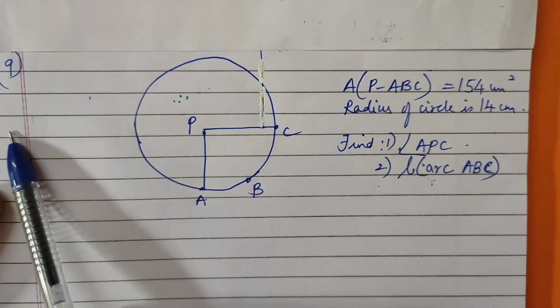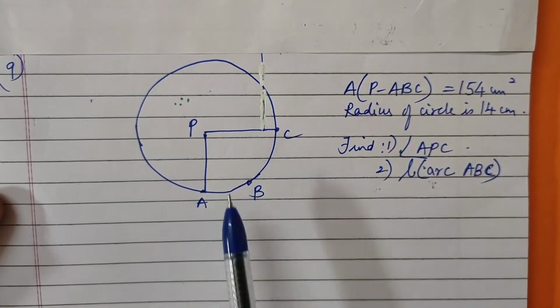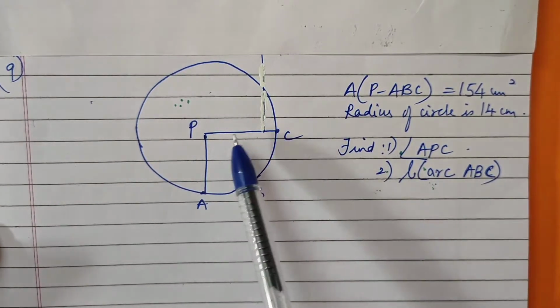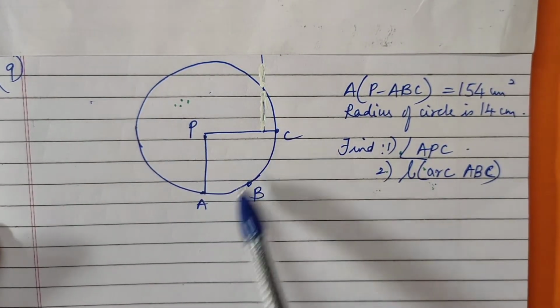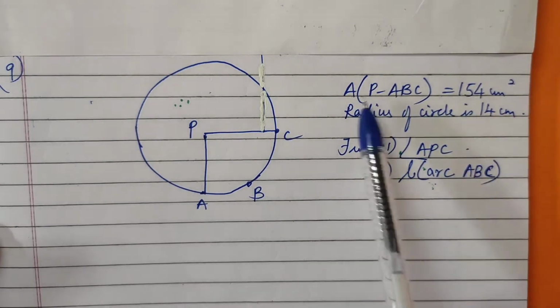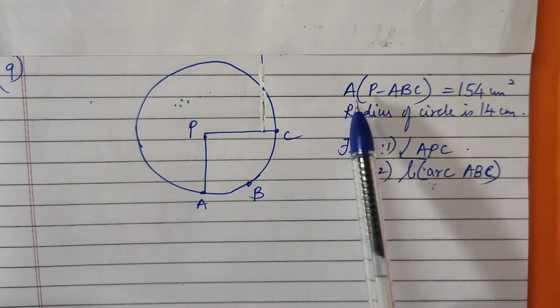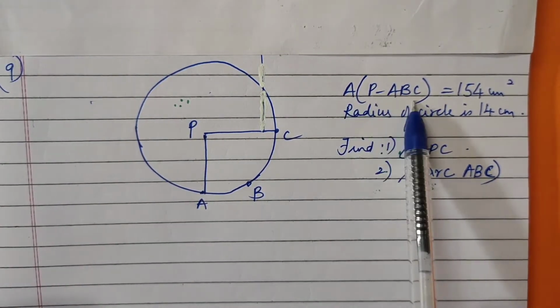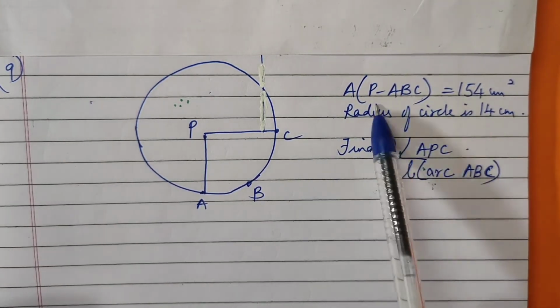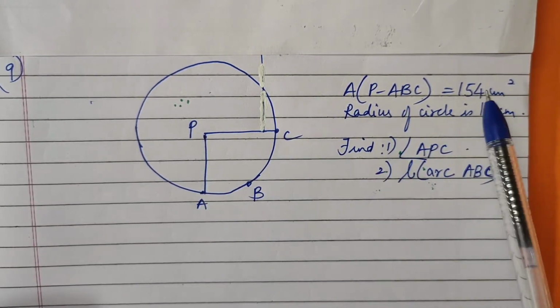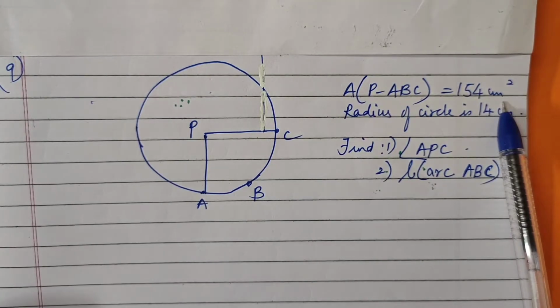Let's come to the ninth question here. Can you all see the circle? Yes. What is this? This is a sector, right? P, A, B, C. That is, they have given that. What does this mean? I have already taught you. Area of a, this type is what? Sector. Area of a sector. Which sector? That is P, A, B, C. Minor sector, 154 centimeter is given.